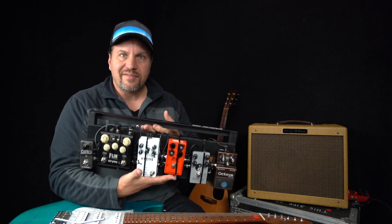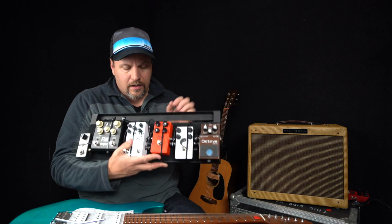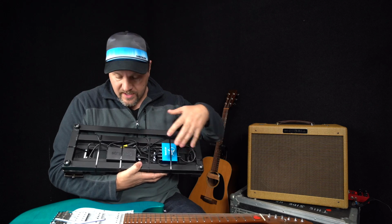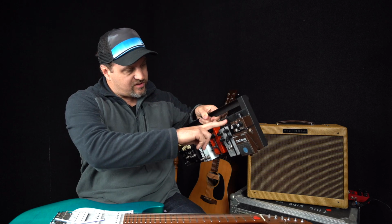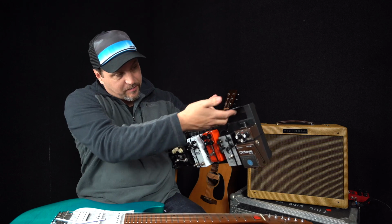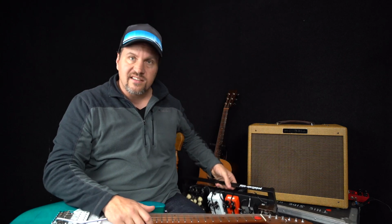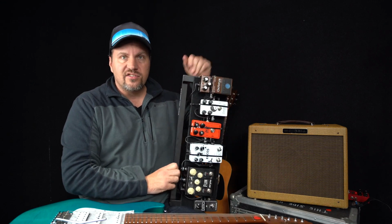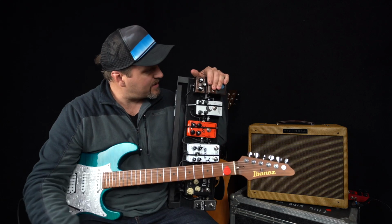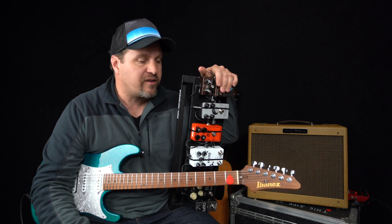If you're sharing it with other power supplies and stuff, it'll get a little bit noisy. So anyway, each one of these has 500 milliamps out, plenty to power all the pedals, and then I link those two together. That one's on its own. So that's how I get five to become six. I'm going to put a tuner in here, a little mini tuner, and then this is just a little board to travel around, to do gigs, performances, whatever I might end up doing, recordings,